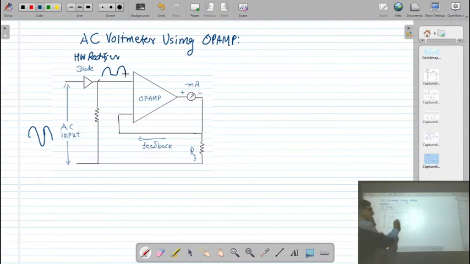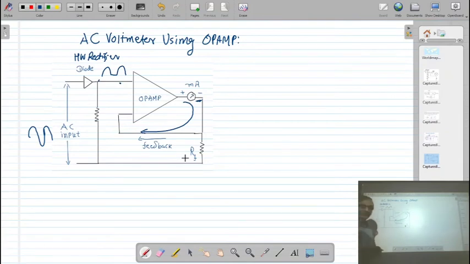But here in this case, we are connecting a meter in the feedback path. So the gain of this amplifier is unity. Here this is a unity gain amplifier. So whatever the DC voltage we apply at the input, correspondingly there will be a flow of current in this meter. This is a feedback resistance, but the gain of the amplifier is unity. So as the input voltage increases or decreases, the current in the meter will also increase or decrease, and you can measure the AC voltage. So this is one of the simple methods.